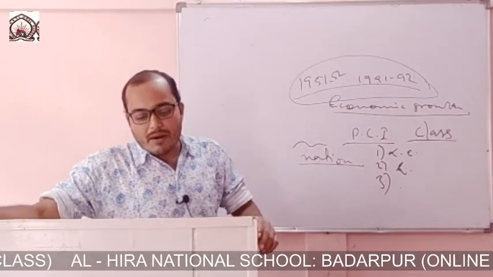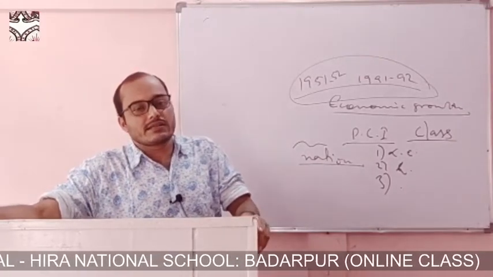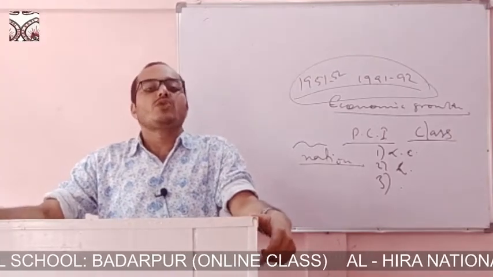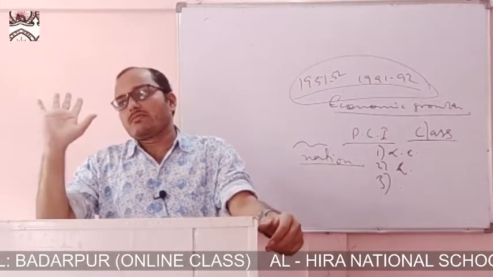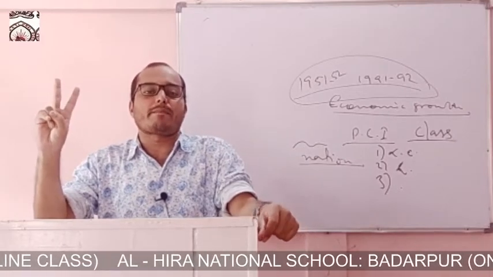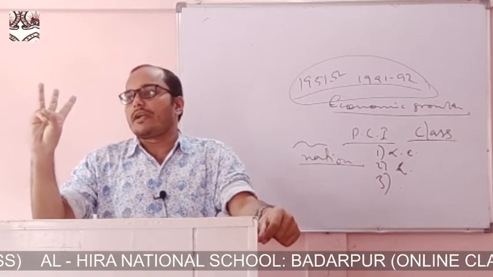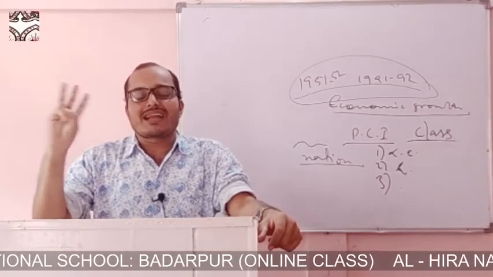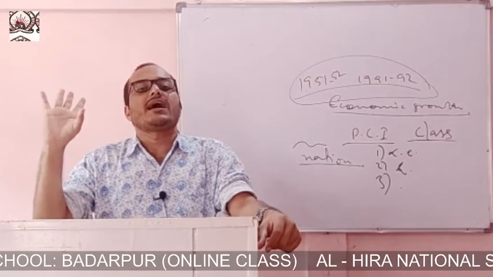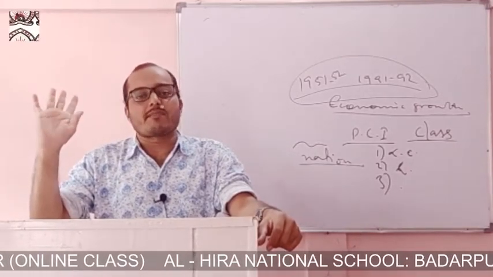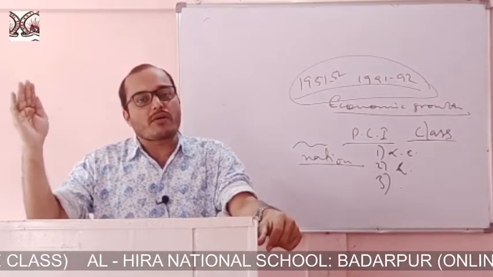So this is all about the discussion of this chapter. This is a very small chapter, so you read it. Once again I am telling you, we have discussed economic growth here, then economic development, then democratic planning, center, state and local bodies, grassroots level planning, then economic planning in India. Economic planning of India was set up, and under that, the 5-year economic plans.